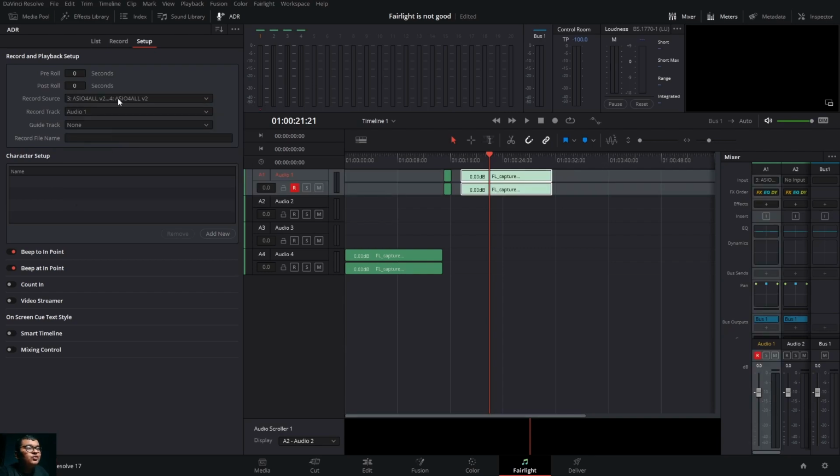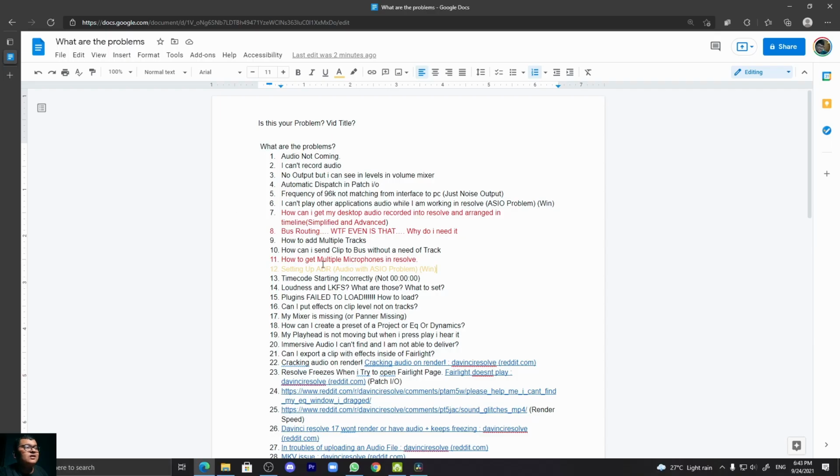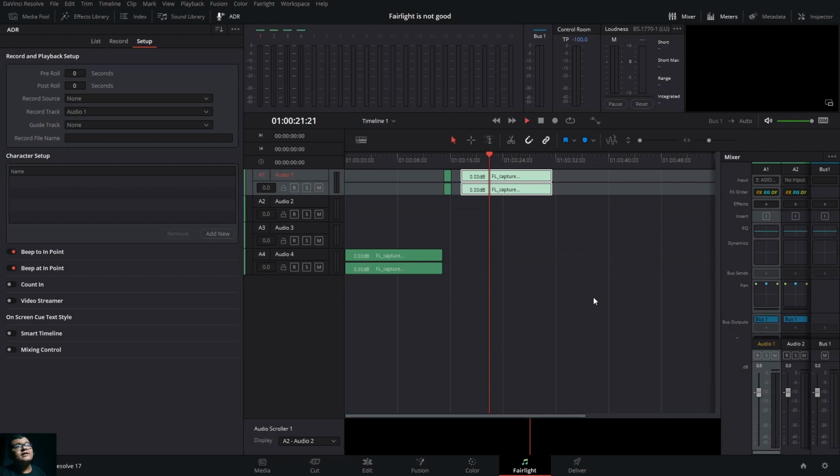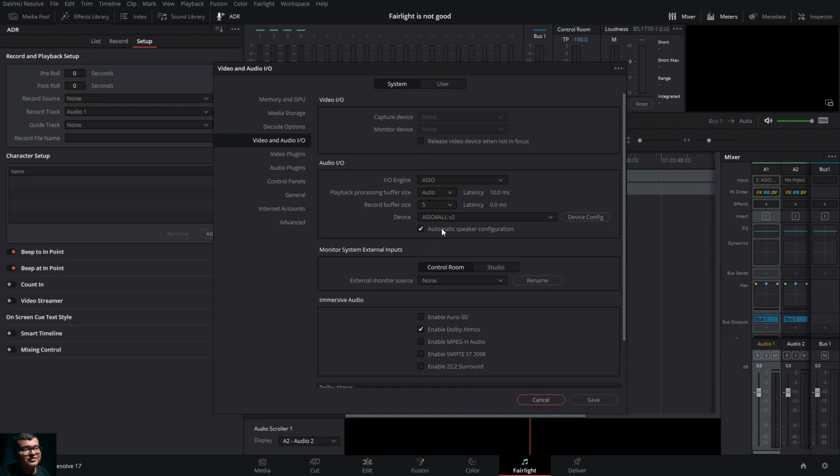We cannot define whether it is an input or output. So this is marked as yellow, because I have no solution for it. Before that, one more thing: when I click play, the playhead doesn't move, and the answer is again complex. Let me say in simple ways, I and O on the Windows side don't go to ASIO.